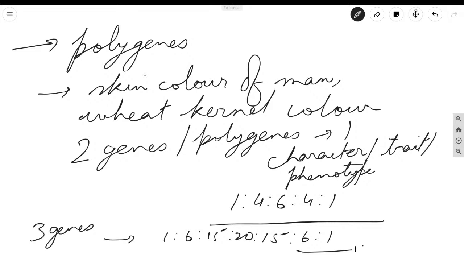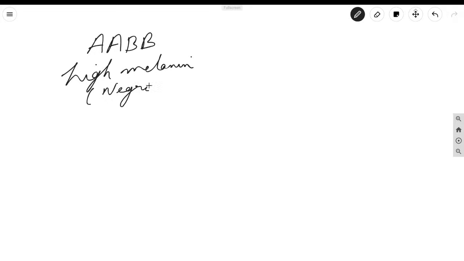I'll give you one very simple example of this, not making it complicated. Suppose you might have heard of Negro. Negroes are very dark, they have high melanin concentration, right? Suppose a person who is Negro has two genes which decide the skin color. Suppose it is completely homozygous dominant for both. A and B both decide melanin, so they have high melanin. I can refer to them as coming from the Negro descendancy. And suppose that girl marries